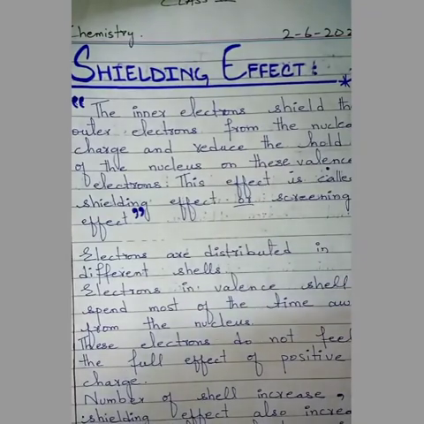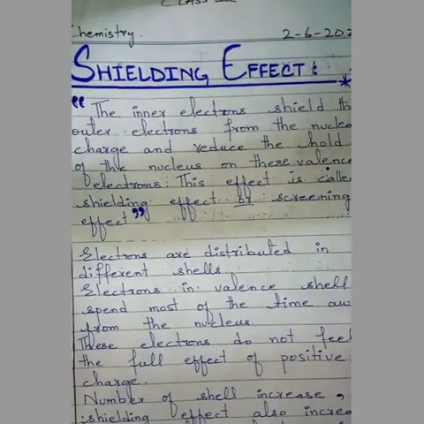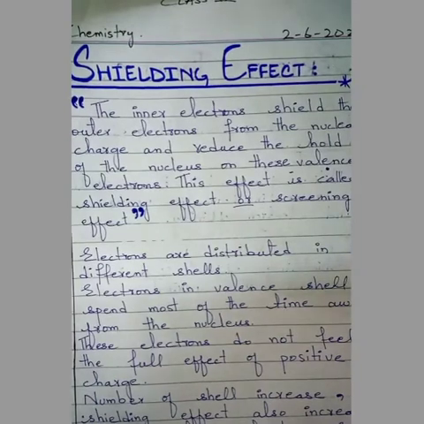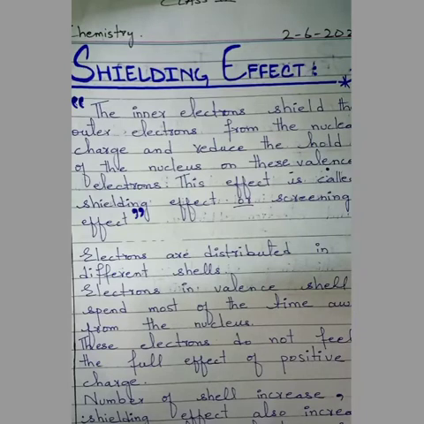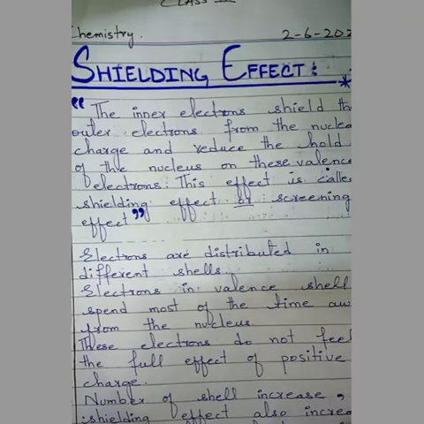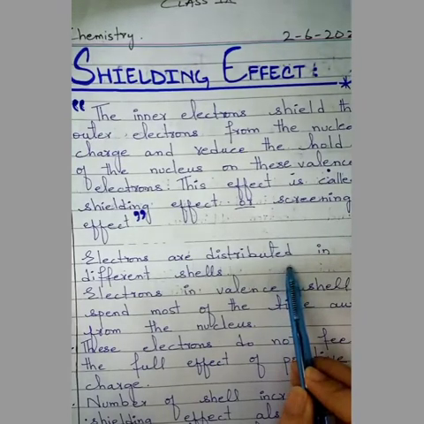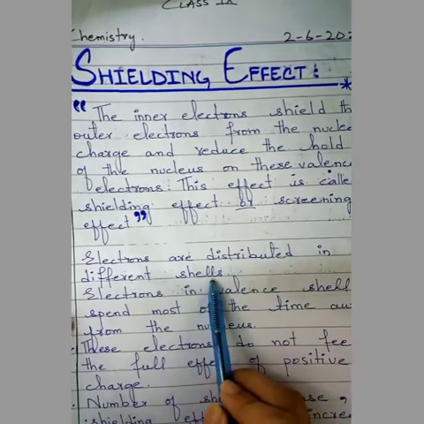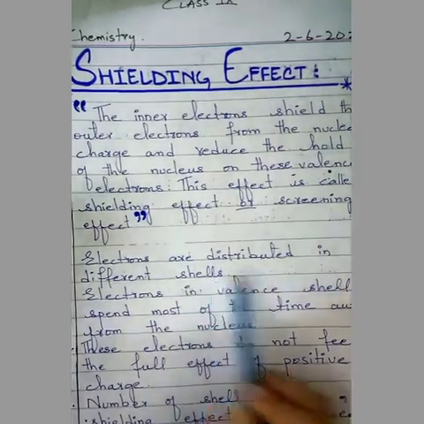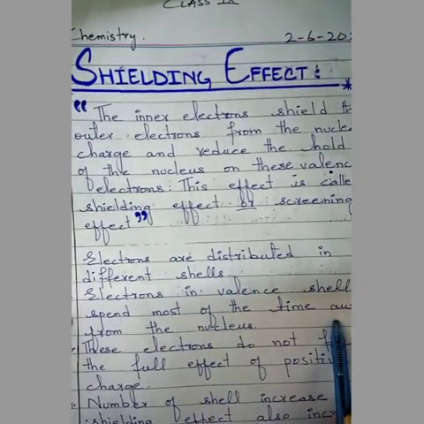Okay, now the question is that how the shielding effect affects the electronic structure, atomic radius, electron affinities and ionization energies, as we discussed these periodicity of properties in previous lectures. So now, as we know that electrons are distributed in different shells and they are revolving around the nucleus in a fixed circular path, and that path are called shells. The electrons in the valence shell spend most of the time away from the nucleus,